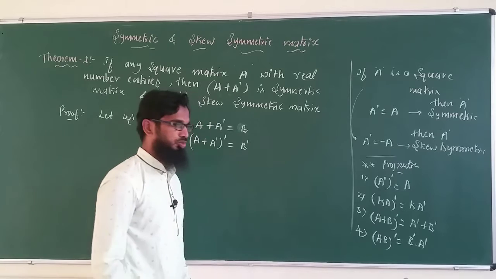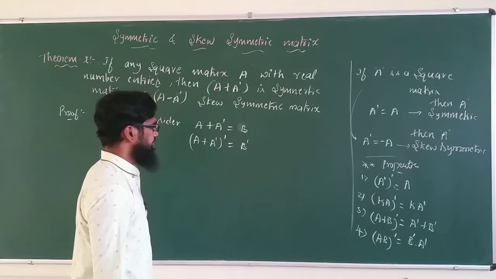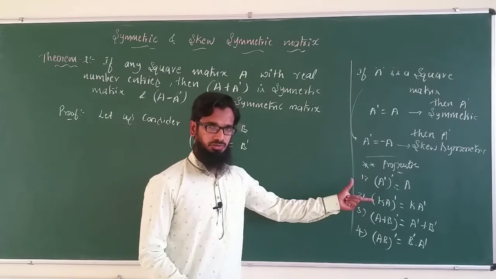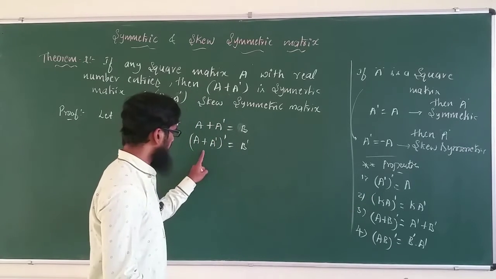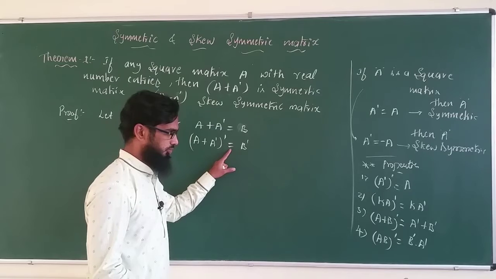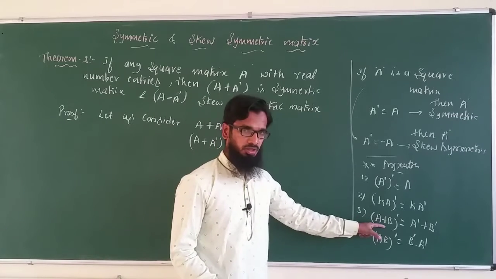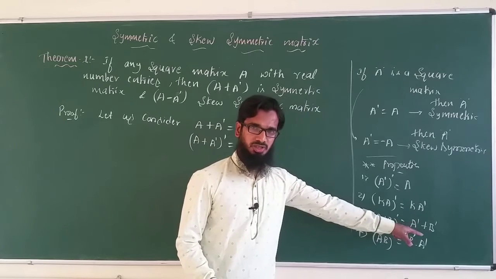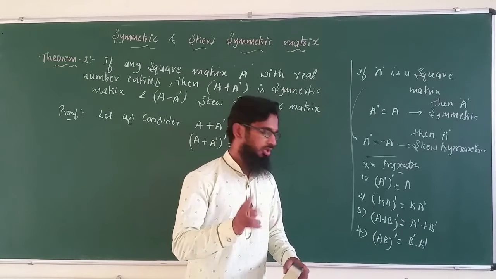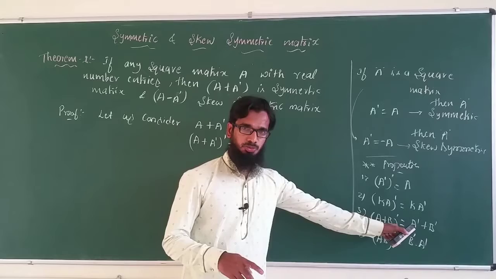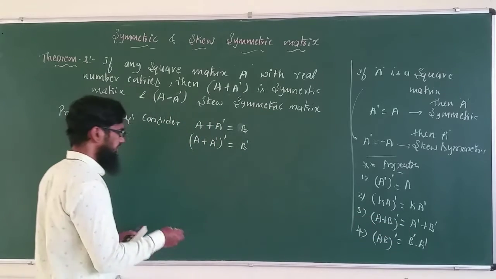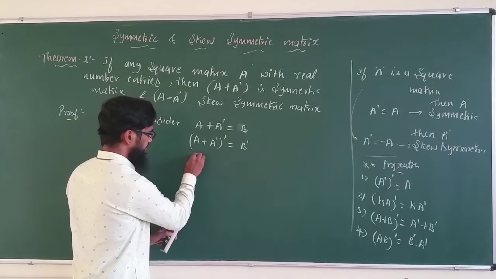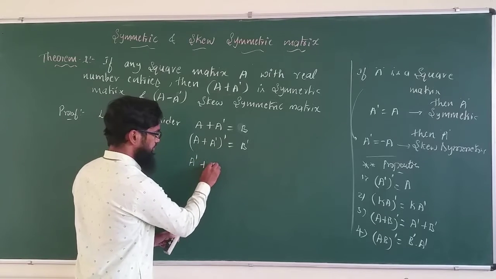Just I am taking the transpose on both sides. Now you just see, we have to apply any one of the properties here for this simplification. Now (A + A transpose) whole transpose. So you just see the third property here: (A + B) whole transpose is equal to A transpose plus B transpose, meaning the first term transpose plus second term transpose when it is an addition. Similarly, first one is A transpose here, second one is A transpose here.